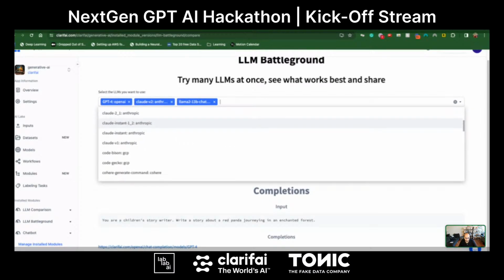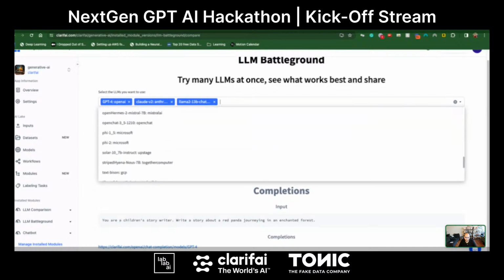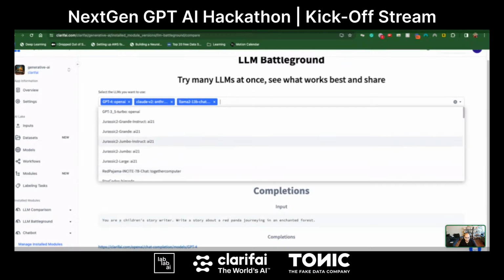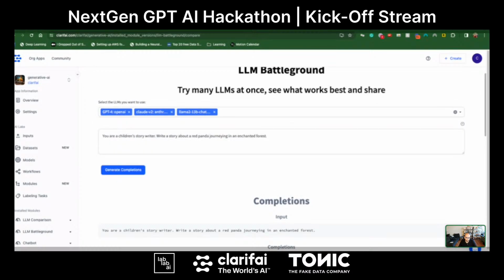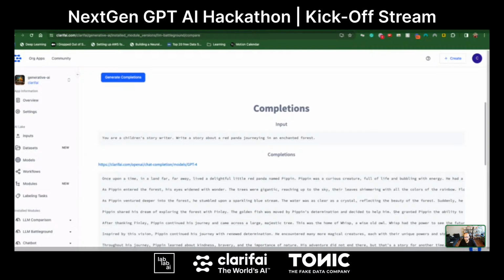So in your hackathon journey, if you wanted to figure out which LLM you want to use or how they would compare against each other, you can just select one or multiple. You'll have to, number one, install the Streamlit app into an application for yourself, and then select all the relevant LLMs you want to test out. I have just gone with the default ones: GPT-4, Claude and Llama 2 13B. And I had it generate stories, the same prompt for three, which is just: generate a children's story about a red panda in an enchanted forest.